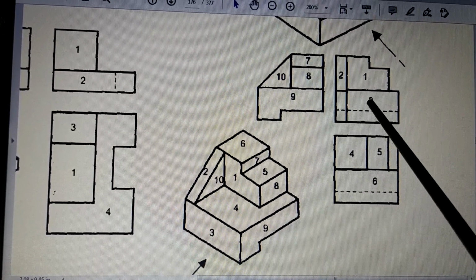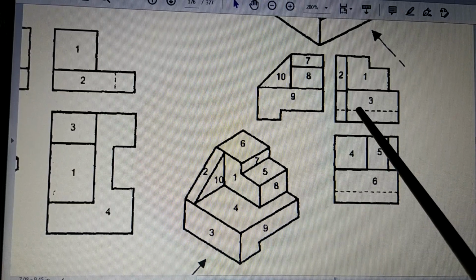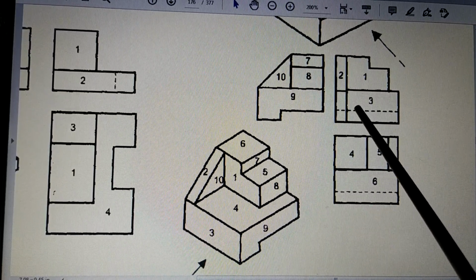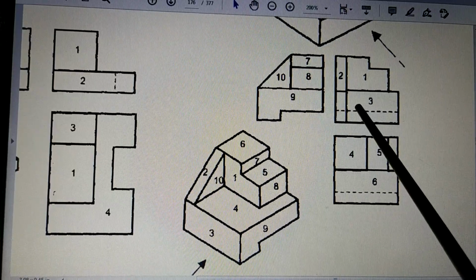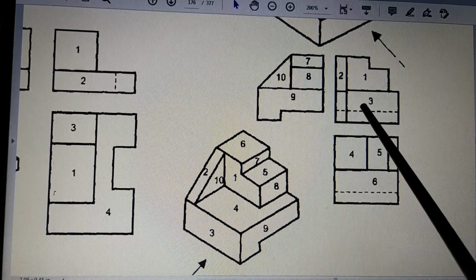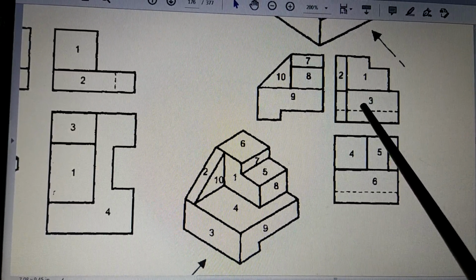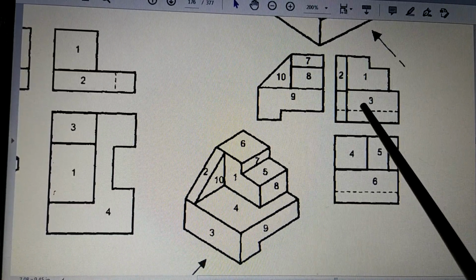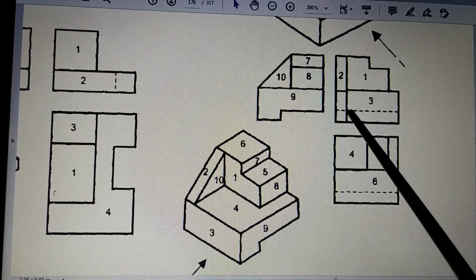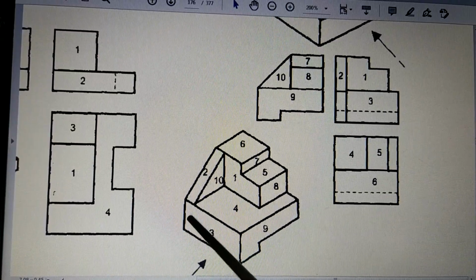Now remember, many figures in this book have some errors, some mistakes. You should be able to understand the mistakes and eliminate them. You should not copy the mistakes. You have to realize that it is a mistake. Even that is also a good challenge. So you have to realize that this line is wrong because there is no such thing here.